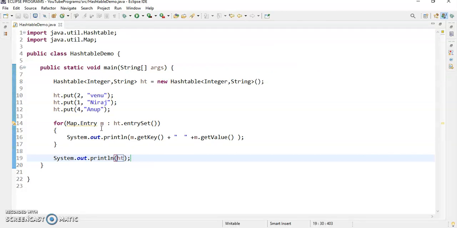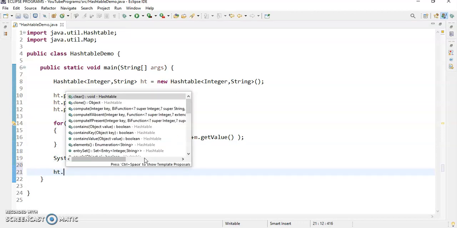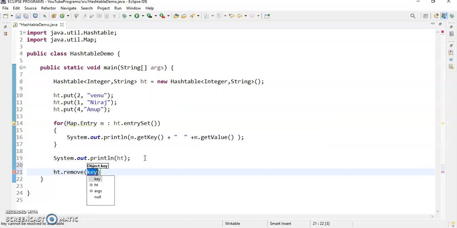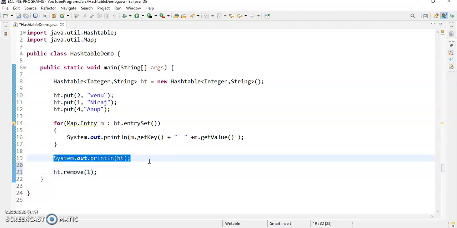You can perform other operations as well. For example, if you want to delete anything, again a number of methods are there. ht dot remove is the method you can use, and you can pass any key. For example, I'm passing 1, and after that I'll print the same.